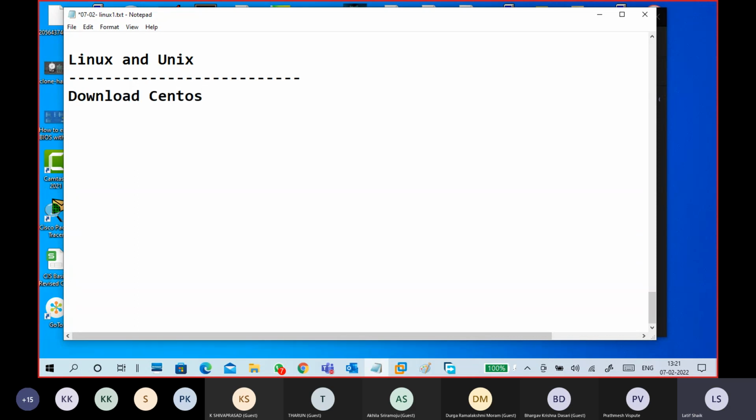CentOS. Already I downloaded, and last class itself I told how to download links, and in the morning itself I showed, right. So download CentOS 7. Okay, so you can use Red Hat 7. Guys, remember Red Hat Enterprise Linux is almost equal to, it is a different distribution, just almost equal to CentOS